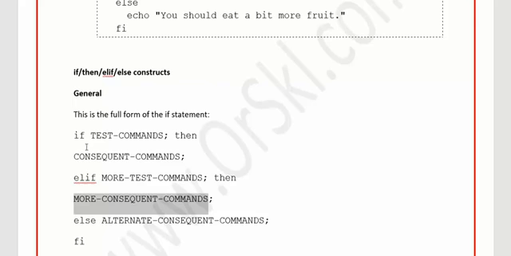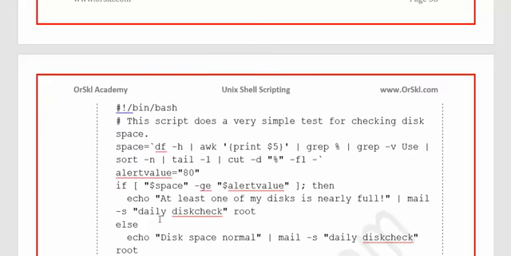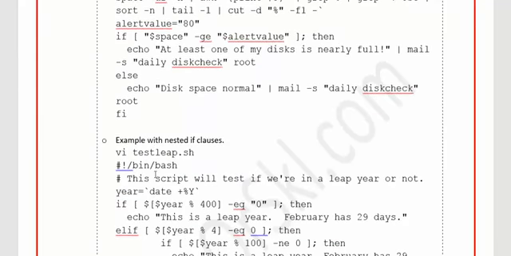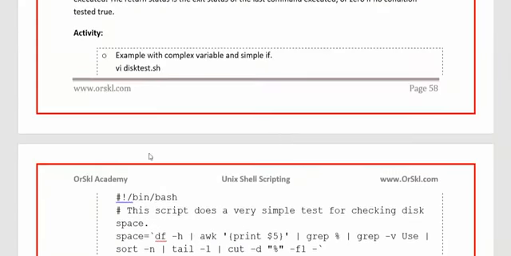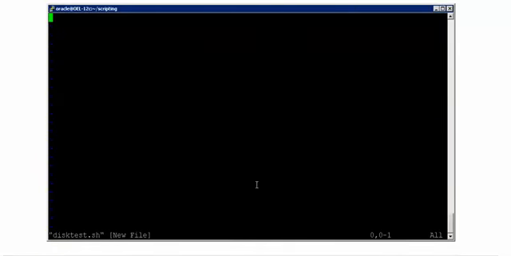But just like your C language, it is not else if, but here it is elif. That's it. ELIF. And then the syntax would always be the same. Even elif will also have the then clause, but else will never have a then clause. Please remember that. And let me explain with the help of a simple example. But before that, I have a very tricky script for you called disktest.sh. So let me actually show you what this means.